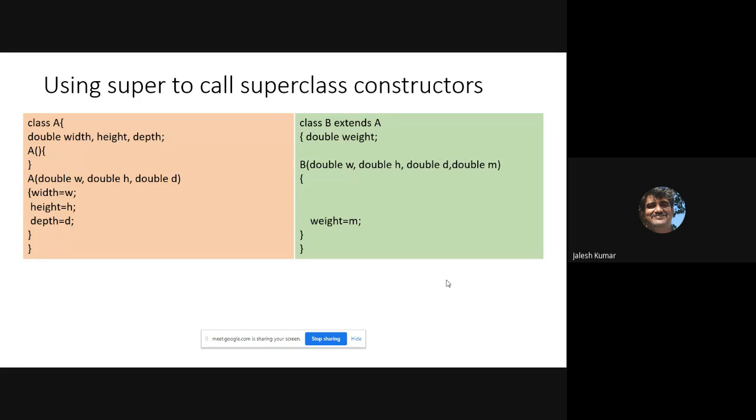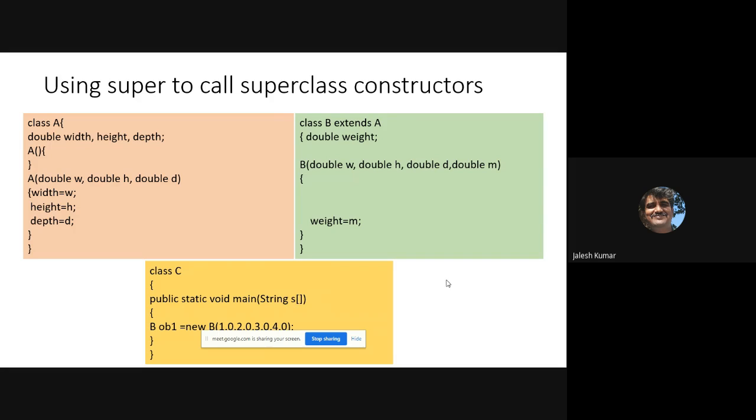Now, when you are initializing this, you are passing four pieces of data to our constructor, and then that will once again be initialized in constructor B. So this is what we observe when you are passing four values: width, height and depth will be initialized once again.